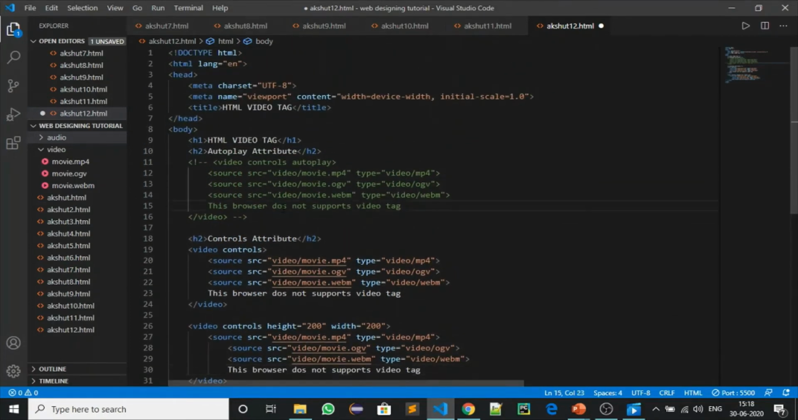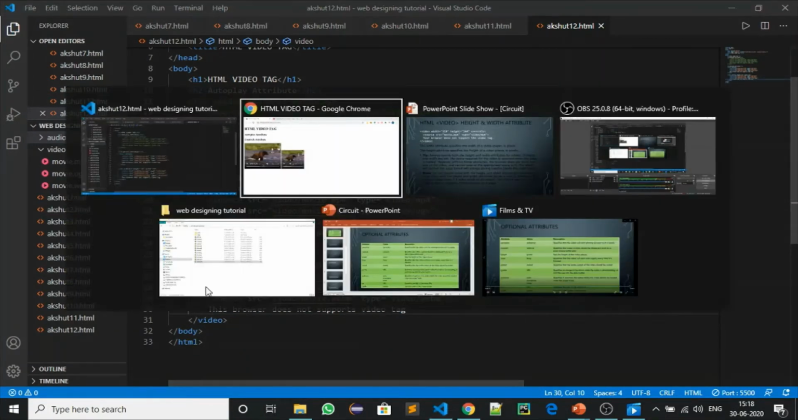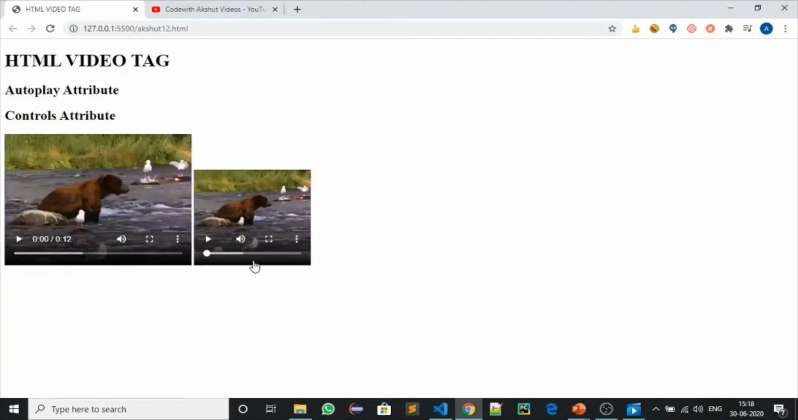I made an error here, sorry. I forgot to write the correct spelling. I will remove the extra space that is given here, and I will save it. Now I will go here. As you can see, a small space is reserved for it